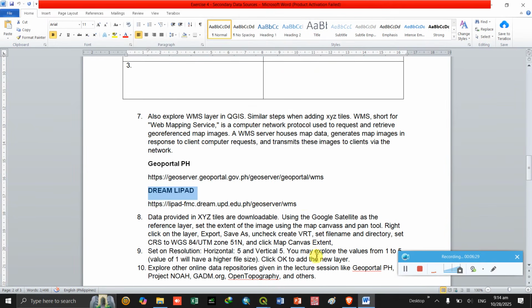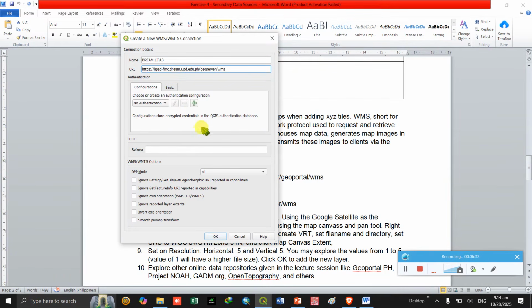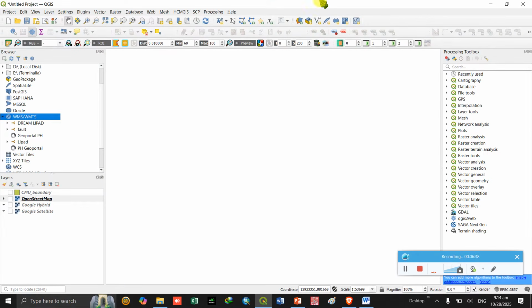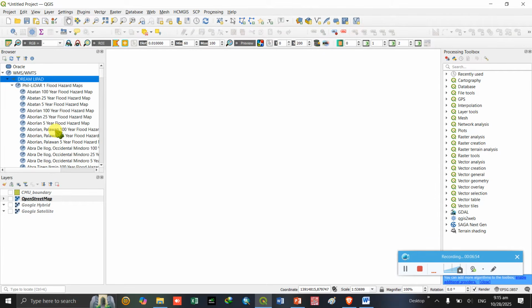Then you copy the WMS link and drop down. If we check the data of the field LiDAR 1, they are different.